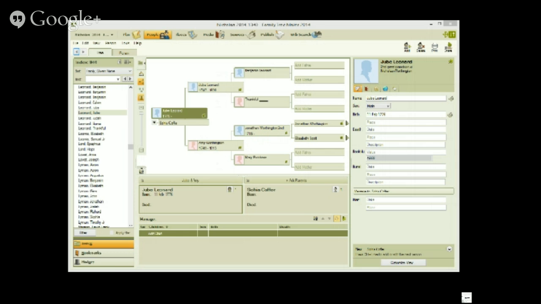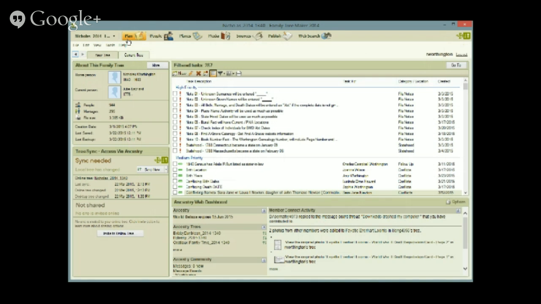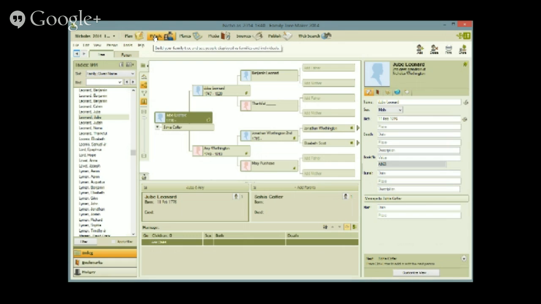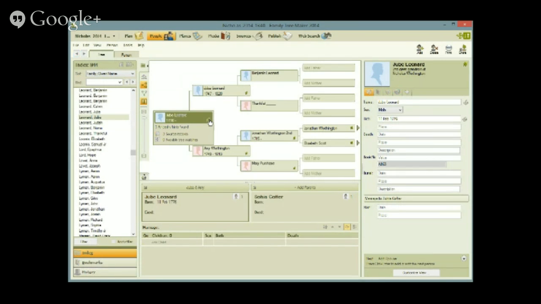Okay, let's go to Family Tree Maker, and there's the plan workspace. Sorry, I opened the wrong screen, but I got to the people workspace, and when I looked at my Ancestry member tree, I noticed that this person had a shaky leaf hint from Find a Grave. I look for the hints from my Ancestry member tree for the record group that I'm working on, and right now I'm working on the Find a Grave Index 1600s to current, and it said that Job Leonard had a hint, and sure enough, there's a shaky leaf hint, and I'm going to click on it,